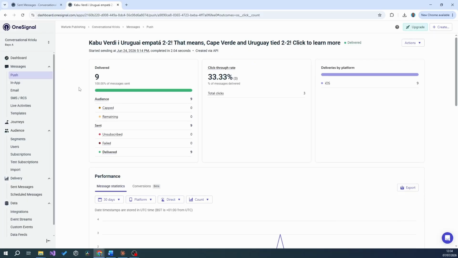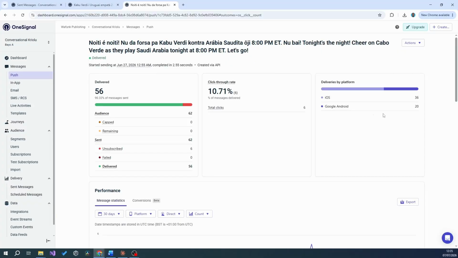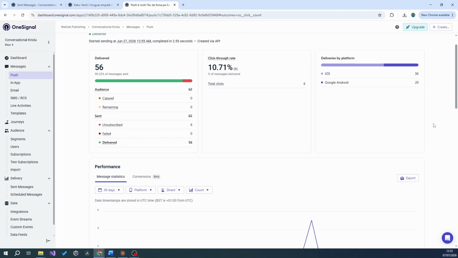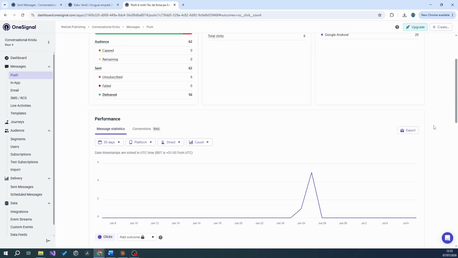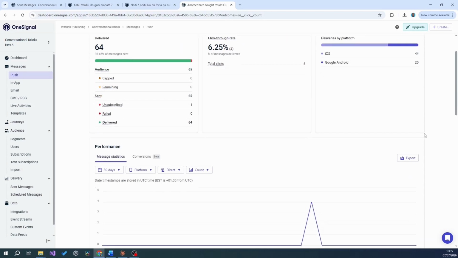Now those were email campaigns. Push notifications were brand new at this point, so reach was still very small. Too few to draw any real conclusion from yet. By the time Cape Verde played Saudi Arabia, the third group match, also a scoreless draw, push notification reach had grown to 56 for the pre-match reminder and 64 devices for the final score alert, both with click-through rates between